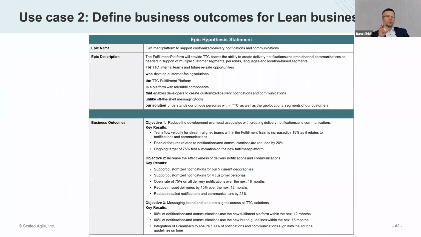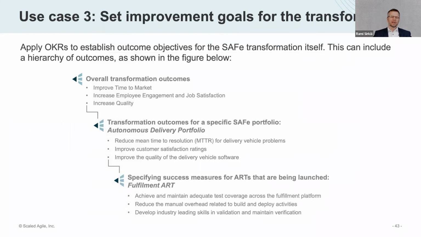One way is you can use these OKRs to identify which are the epics that you need, but also to use those inside an epic to clarify what is the business outcome that you are trying to achieve. So what is the business problem? What is the business outcome? And that will help you to identify the leading indicators as well. And obviously, the third one is that you can have this transformation itself being followed and measured with an OKR. So what are the objectives for why we are doing this transformation? And then you can break it down.